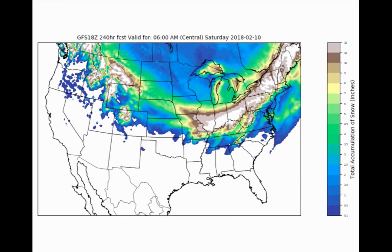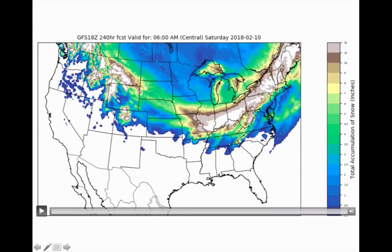And there you go. This gets us out 10 days. Now, what I do like about this is each one of those systems as they come through, putting down this snow in parts of Idaho, Montana, parts of Wyoming. This is pretty robust in different model simulations. And also this snow swath coming through parts of South Dakota with that cold air, parts of Nebraska. It's what happens with the second system and then the third system going through the Ohio River Valley here that